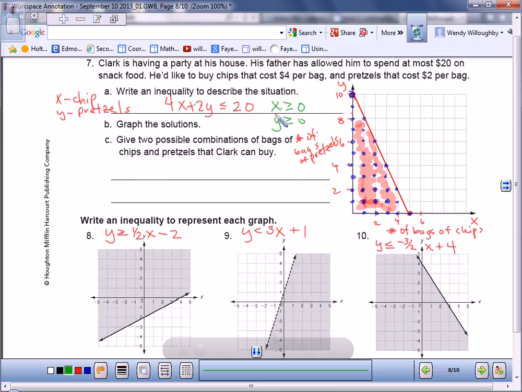Now, it asks us to graph all solutions. So if we graph this and shade this region, our solutions lie in that region. But because this question is specifically about number of bags of chips or pretzels, it's really only my whole number answers in here, isn't it? Those are the only ones that will truly work, because I can't go buy 1.5 bags of chips and 3.25